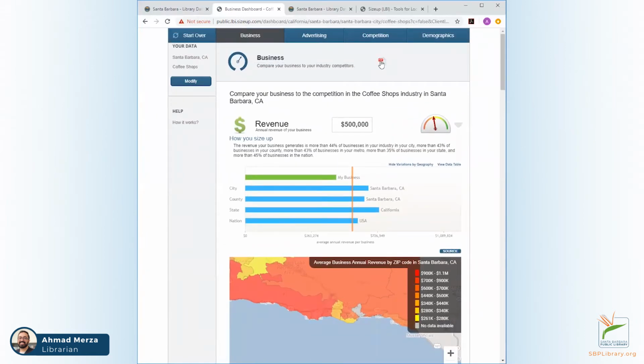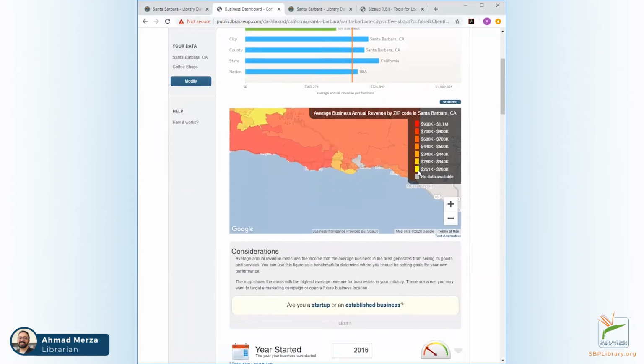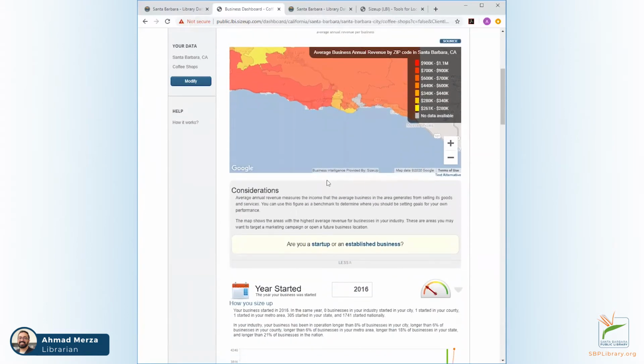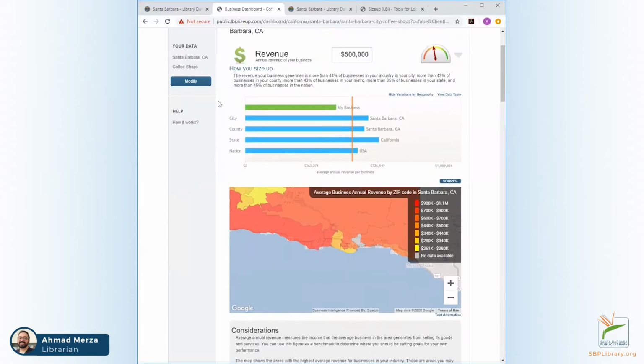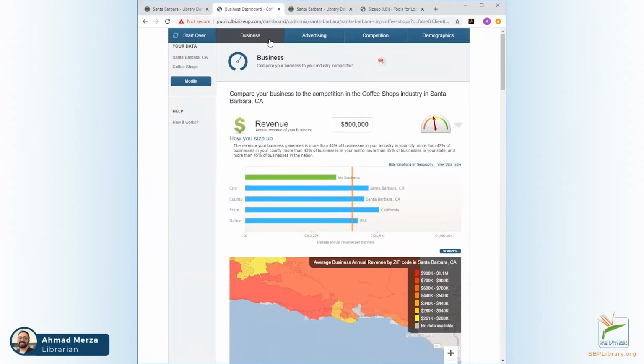It's going to prepare a really nice put together report. And this is really good information if you're putting together a business plan or needed to extract some information out from that as well. And that was under the business tab. Now these four right here are going to match the original four on the main screen that we saw. So we're just going to hop right over to the next tab, which is